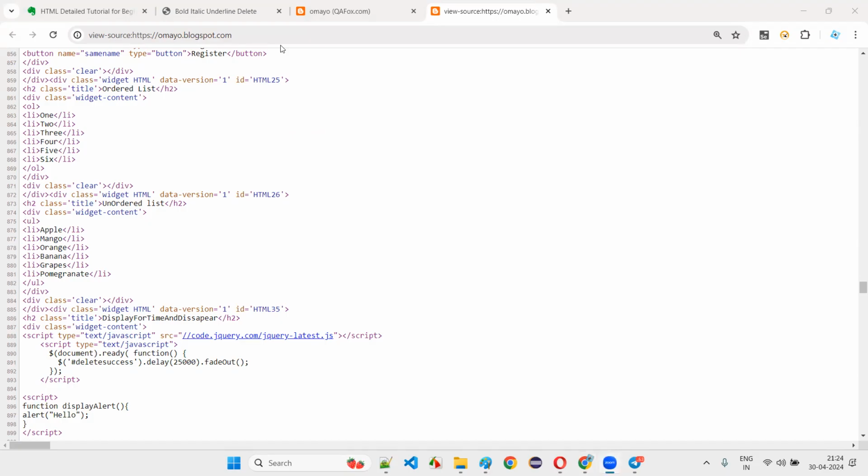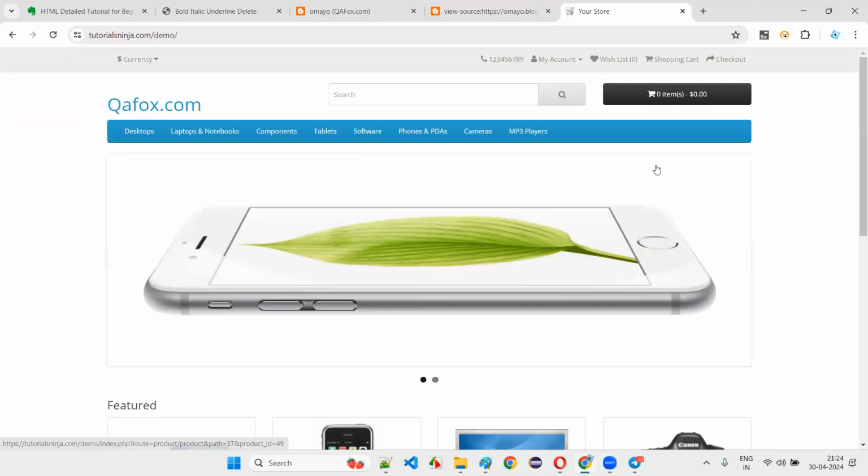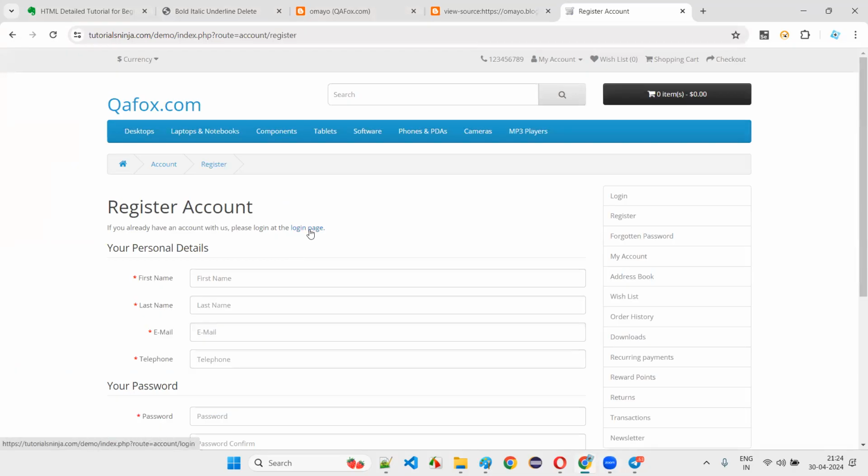But if you go to real websites, for example, let's explore some hyperlinks here. I'll go to one of the register account pages and see there is a hyperlink. Do you see this is a hyperlink? Is it coming with underline? The hyperlink I created using the anchor tag is coming with underline, but this one is not coming with underline. Why?